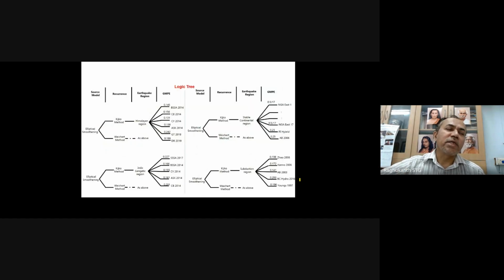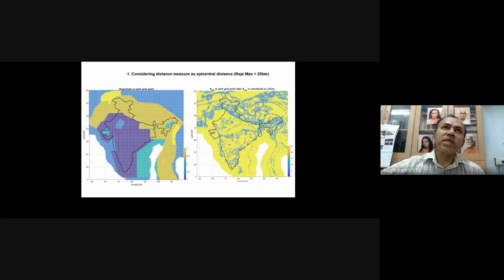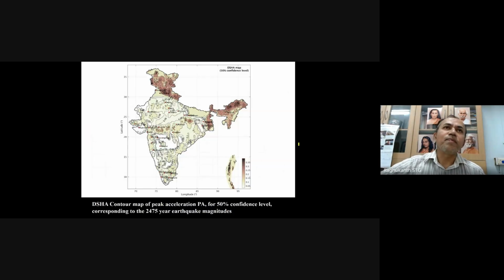And once again, the logic tree was used actually. But here the only thing is, the magnitude is fixed, but GMPEs are varying, and distance up to 0 to 25. If it is less than 25, that value is taken. If it is more than 25, then 25 is taken in our calculations. So once again, you see the zone map has been obtained. These are the magnitudes at each and every grid point. Then these are the distances, and the maximum distance has been limited to 25 kilometers itself.